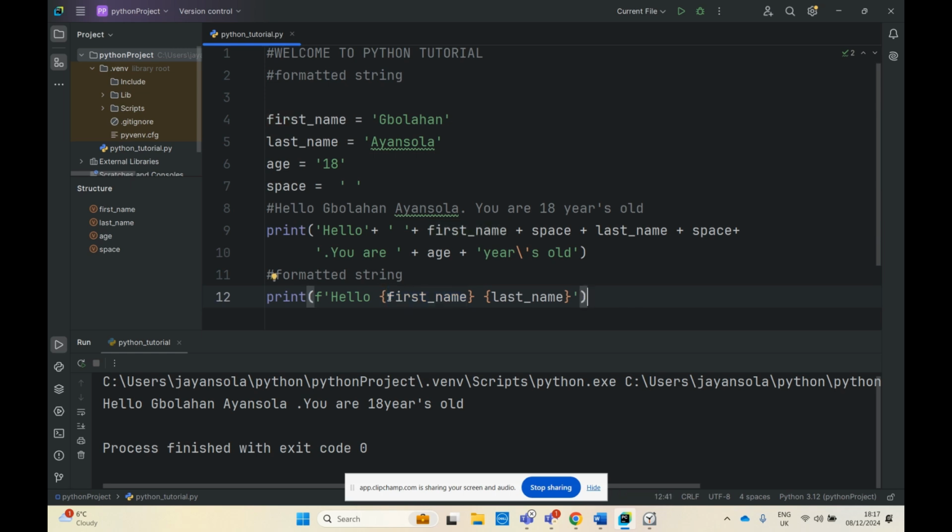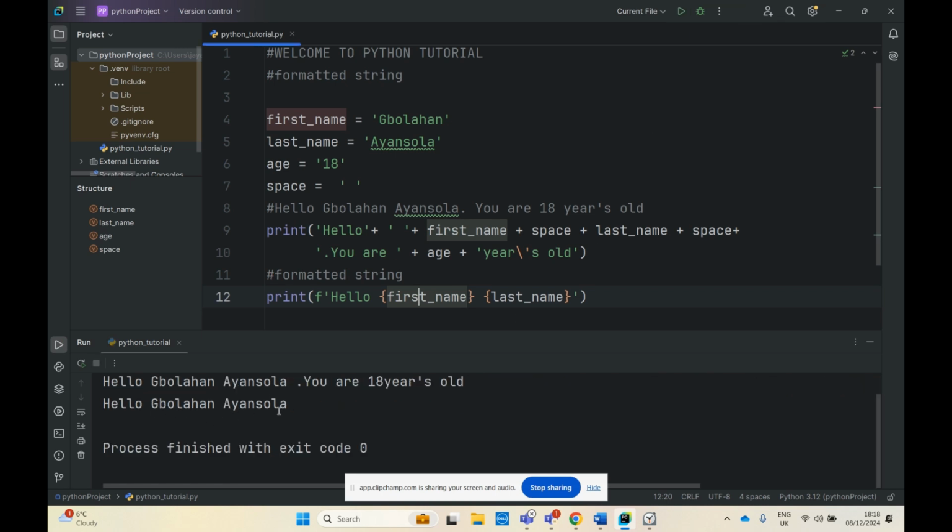So why it's maintaining its whitish color is because of this curly bracket here. Once I remove the curly bracket, it becomes green. If I return the curly bracket, it becomes white again. So now, if I do this example, it says hello, Ebola and Yoshola, and you can see that